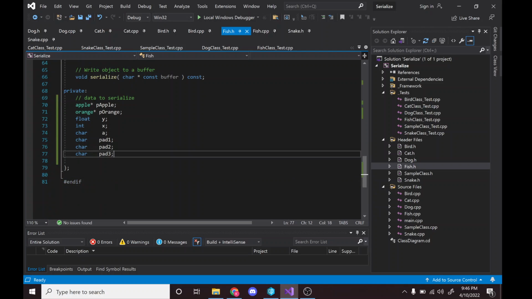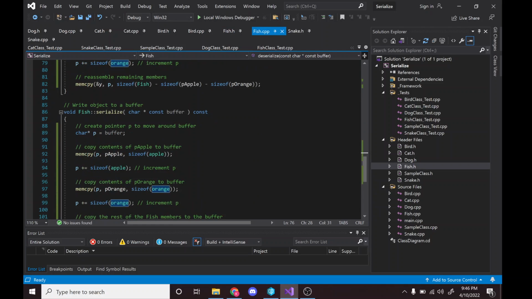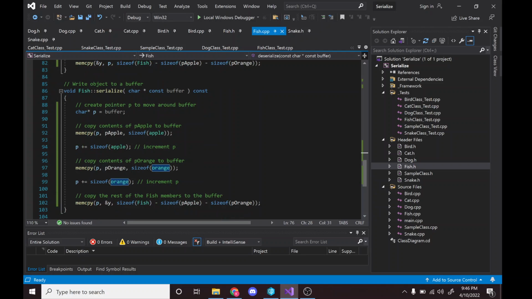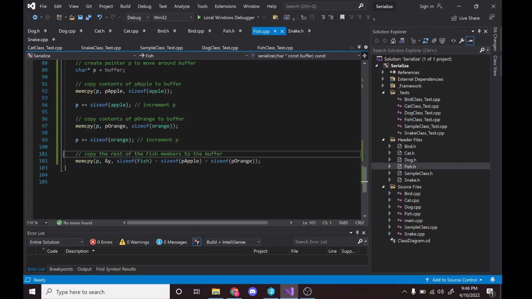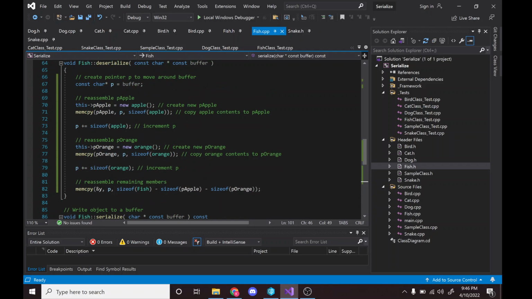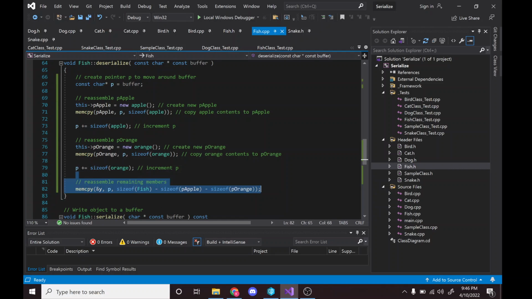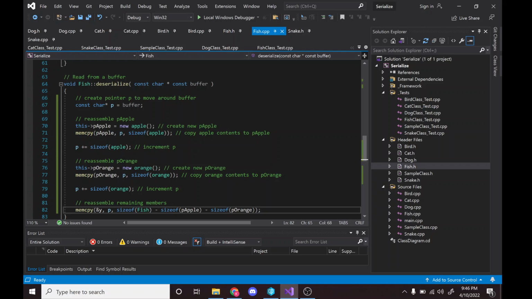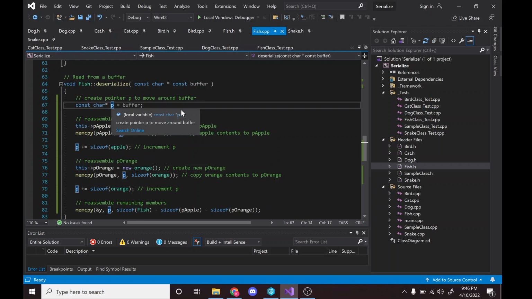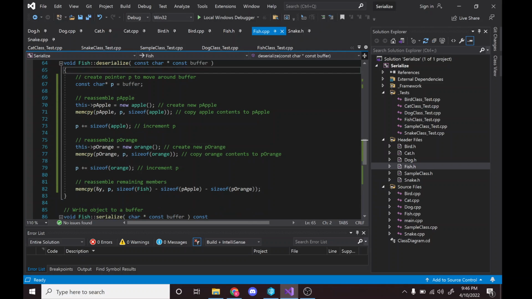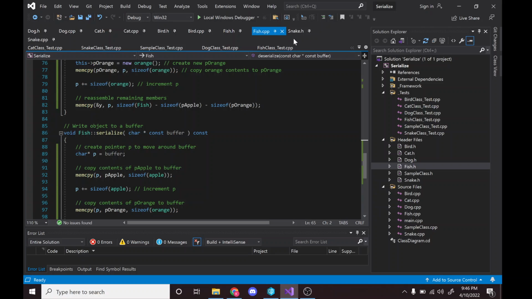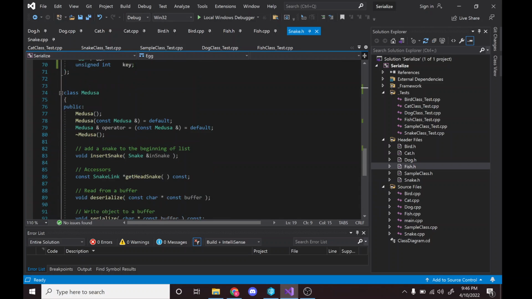For fish, so fish has an instance of apple and orange along with its own members. So in serialize, I copied over the contents of apple, the contents of orange, and then the rest of the stuff. And then when you deserialize, you have to create the new instances of apple and orange and then copy over the contents and then copy the remaining members. In all of these, I'm using this P pointer to move around the buffer to different parts of the buffer as I need. And then finally for the Medusa thing,